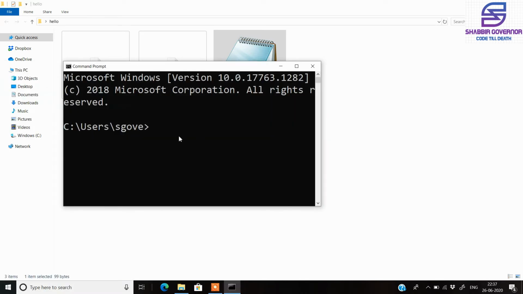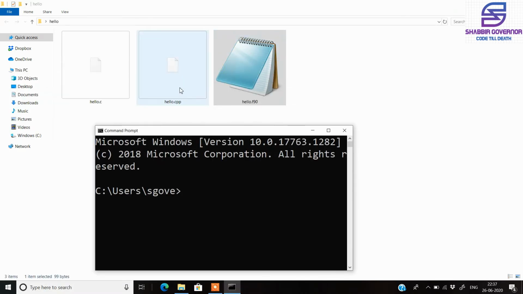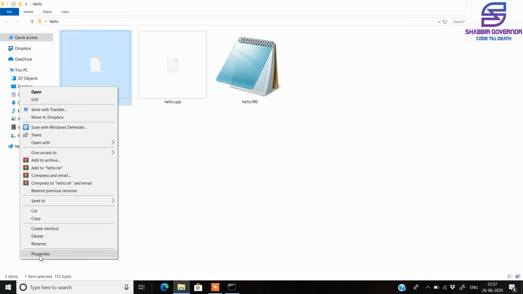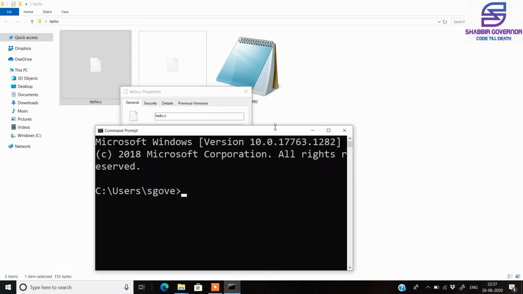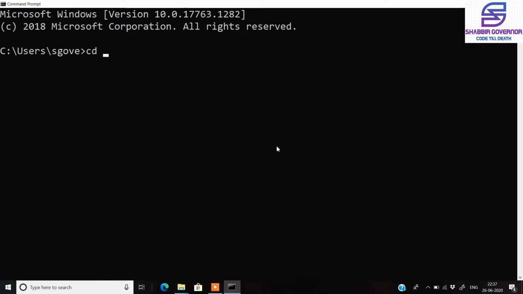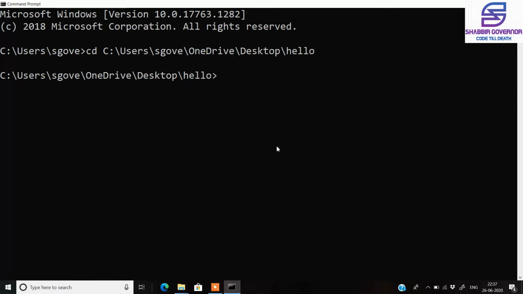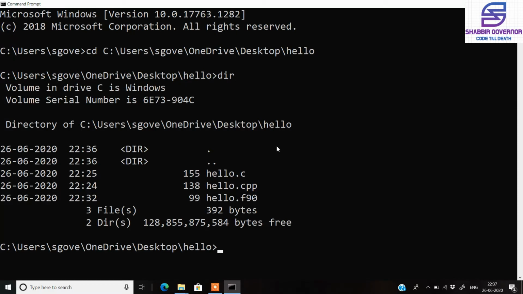And now in the command prompt, we need to go to the location where these files are located. So I will open the properties and copy this path. Then in the command prompt, I will type the path. So we are in the directory now. If I type dir here, you can see that we get all the files that are inside this directory,